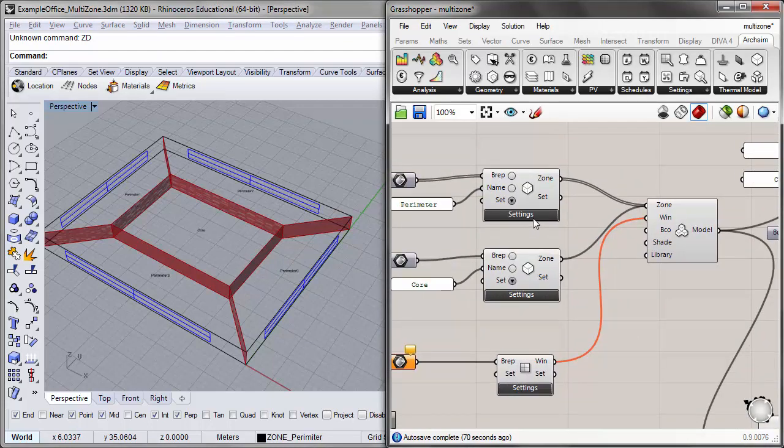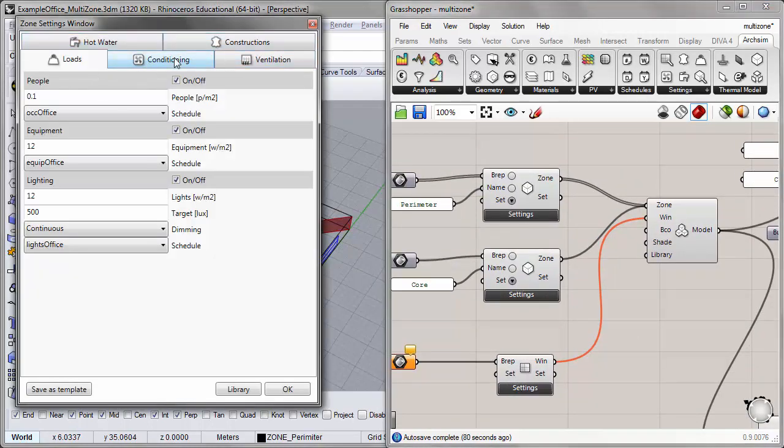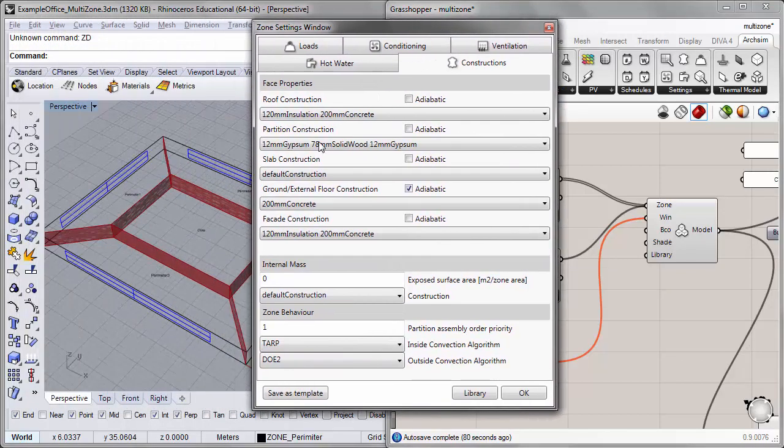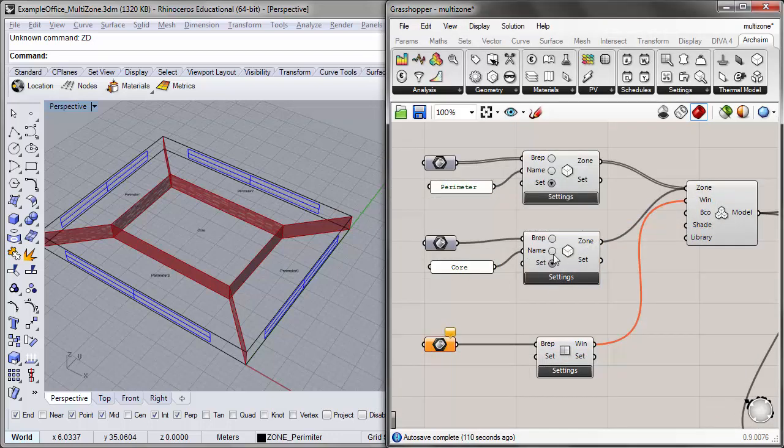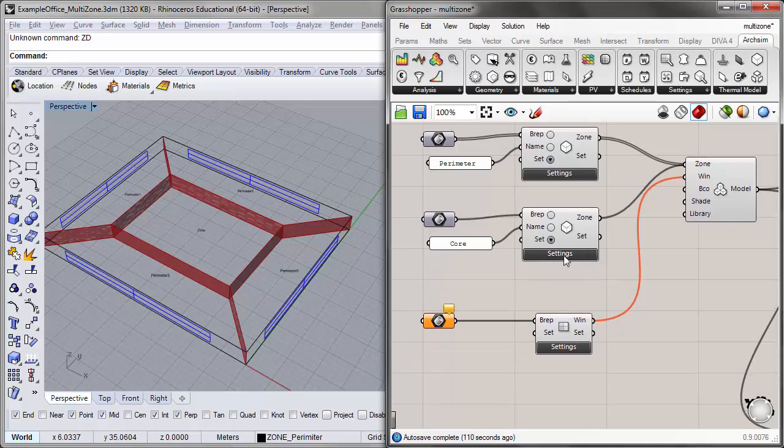And now going back to the thermal zone settings for our perimeter zone, I want to make sure that in the constructions tab we have the material that we want assigned for this partition. And I'm just selecting this partition because it happens to be a low mass kind of thin construction partition. We won't have any slabs in our model because we have no thermal zones to the top of the zones that we're testing. So slabs won't be coming into play for this tutorial. I'll leave the ground the same, and I'll leave the facade the same for today. And I'll press OK. Now for the core zone settings, I'll go ahead and make adjustments to the thermal zone